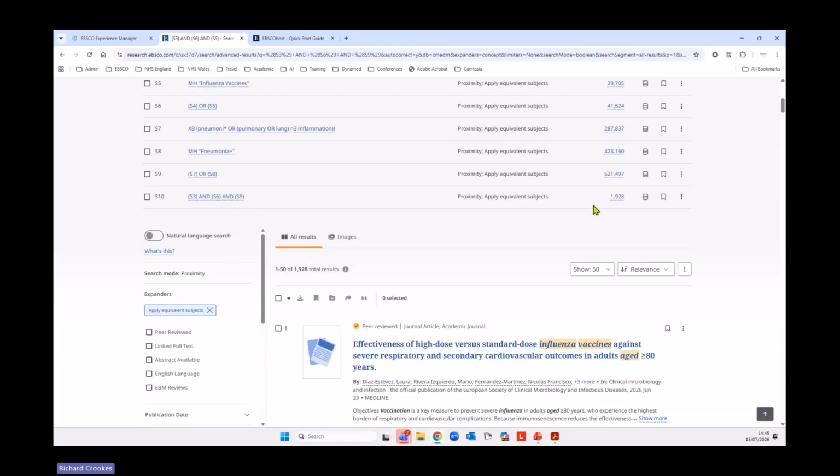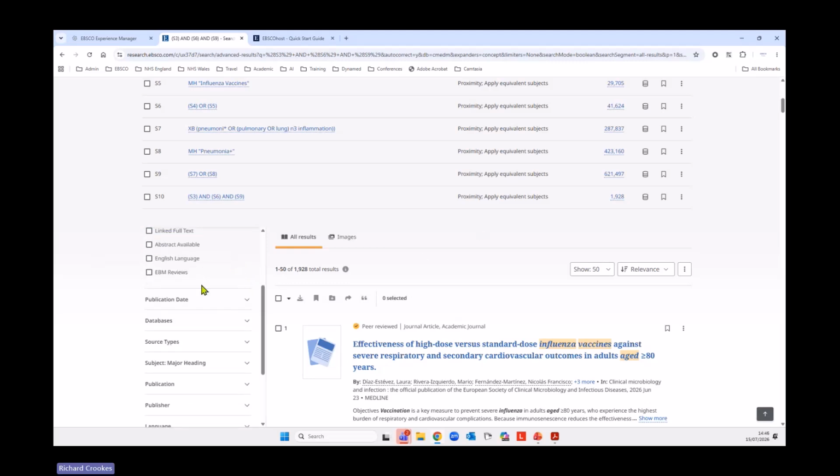Okay. Now, of course, we can filter those records as well. So we may have particular time frames, for example, maybe the last 10 years. So a couple of things we can do here. We can choose from our filters. Maybe we want English language only, for example, and then the publication date, we can go for the past 10